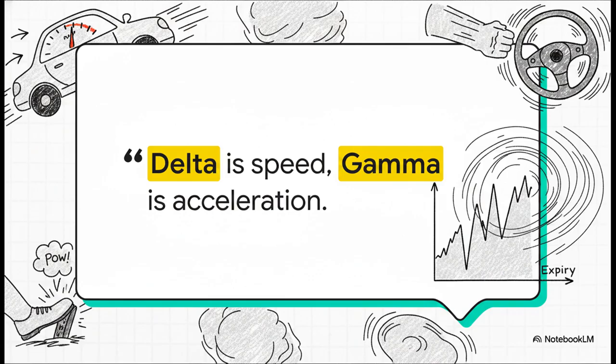And this brilliantly illustrates our next concept. If delta is the speed at which your premium moves, gamma is the acceleration. Gamma measures how fast your delta is changing. Imagine you're in a car. Delta is your speedometer reading 60 miles per hour. But gamma is you literally slamming your foot on the gas pedal. As an option gets closer to being at the money, and especially as it gets closer to expiry, gamma absolutely spikes. This makes delta change incredibly rapidly, which causes sudden, violent swings in premium prices. This right here is exactly why beginners get trapped in those wild price swings near expiry. They just don't realize gamma has taken the wheel.